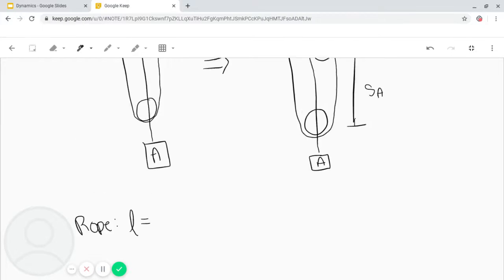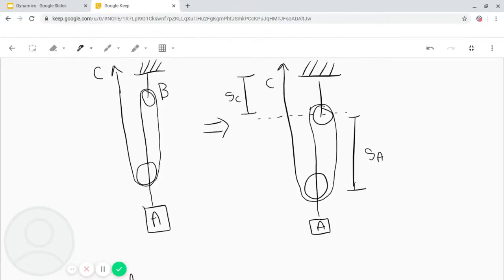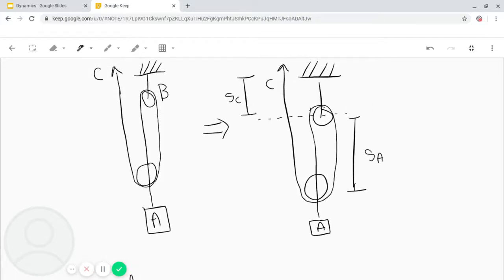So I'm going to move this down, and we want to find the length of the rope. The length is equal to, and I'm just going to go up here so we can show it. So if we start from, say,